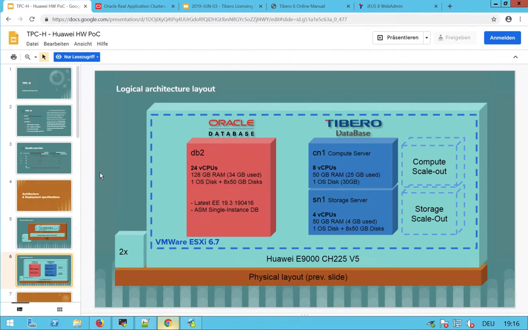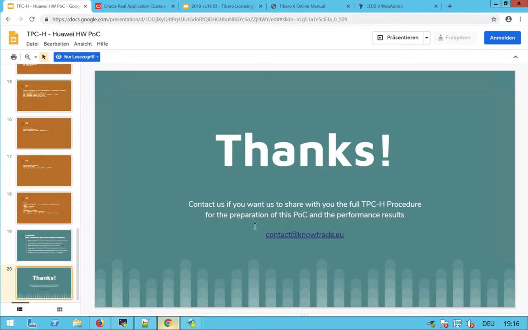Thank you, and again, if you have any questions or want to reproduce this test, you can write to us, and I will send you how you can prepare it on your own. It's not that difficult. This test takes a few days to prepare because it has to be rigorous, exact and fair. But just to try Tibero, if it's on Windows, it's just next, next, next, install, run and connect with the JDBC driver, try it, copy and paste your PL/SQL code and it just works. And if it's on Linux, you just have to do a regular preparation like an Oracle machine, and some more things to create the Tibero user, and